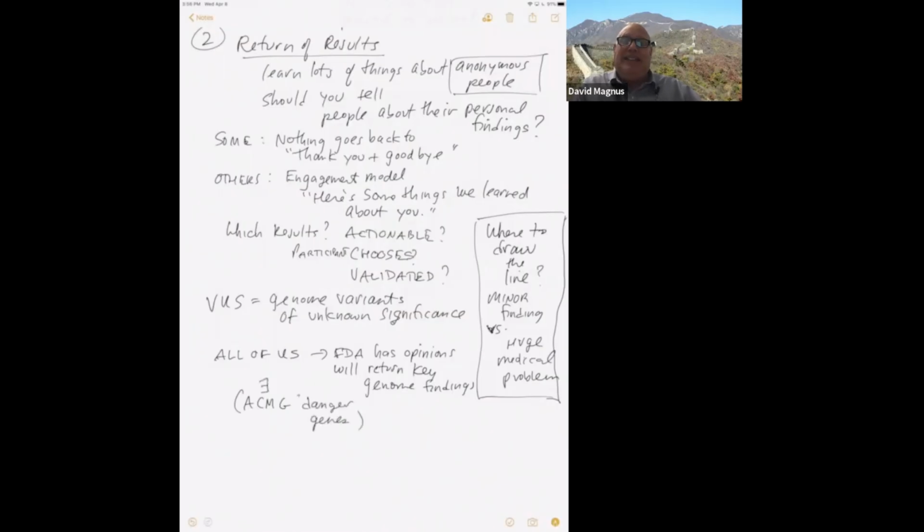So if you find them incidentally in a clinical context, these should be returned. They are silent about what to do in a research context like this, but they're going to start with the ACMG genes, which are all very high penetrance, combined with some pharmacogenomics. But they're also including some what are sometimes called recreational genomics. And they're doing genotyping first. And with the genotyping, they're going to be returning more of those sort of recreational results.